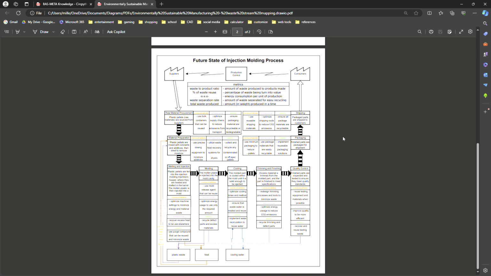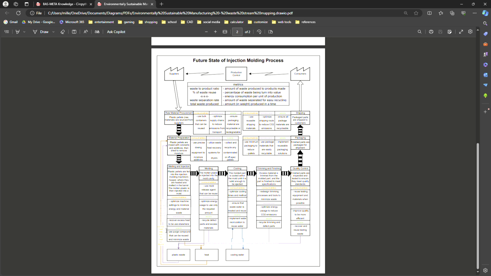Next would be packaging, which is using minimum packaging to reduce waste, using packaging materials that are easy to recycle, and implementing reusable packaging solutions. And for shipping, it's using reusable packaging material, optimizing shipping routes to reduce CO2 emissions, and ensuring all packaging materials are recyclable. And so if you see this purple line right here, this represents plastic waste, and the plastic waste